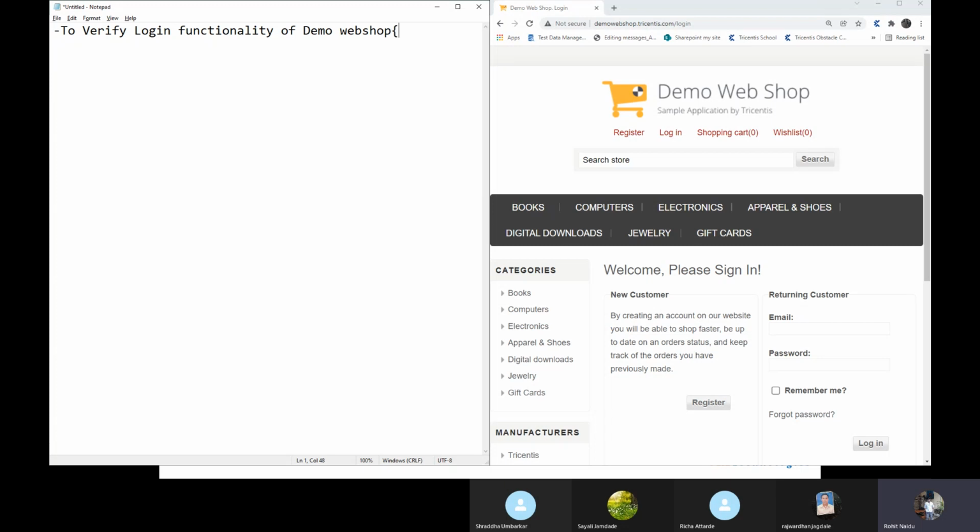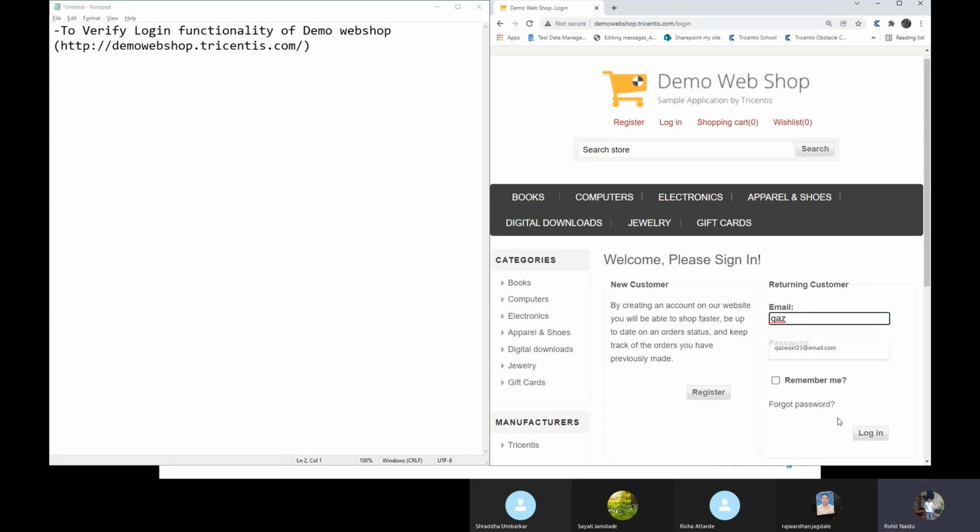And they will also provide us the URL for this, which is this particular URL. This is verify login functionality of Demo Web Shop. And in that functionality, if I enter details and click on login,